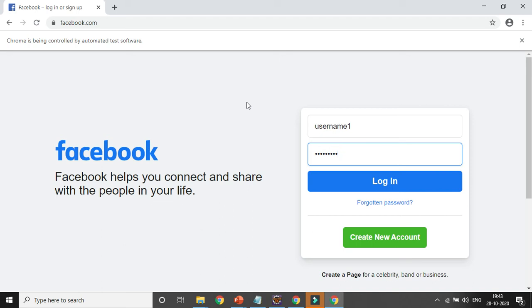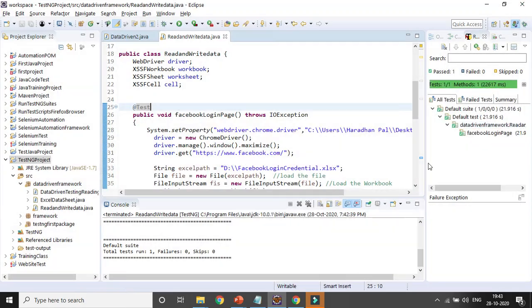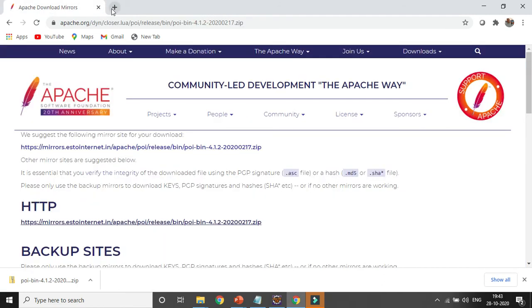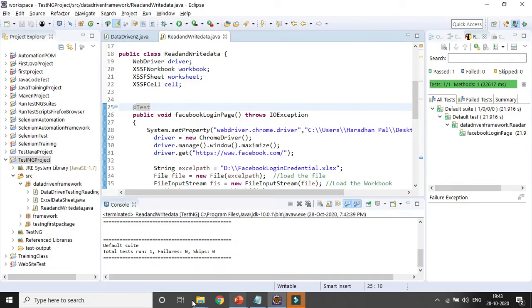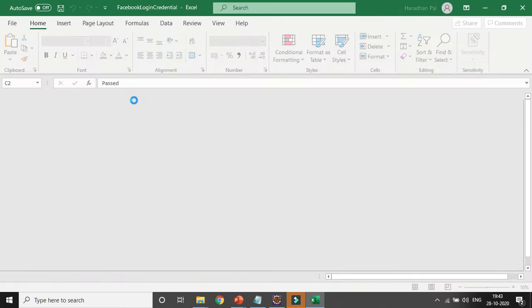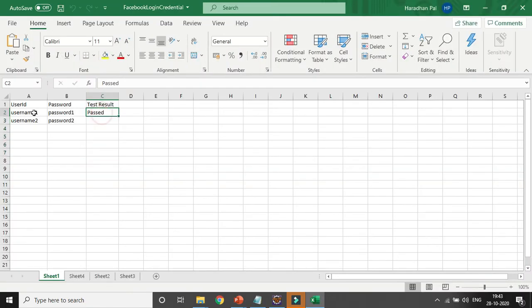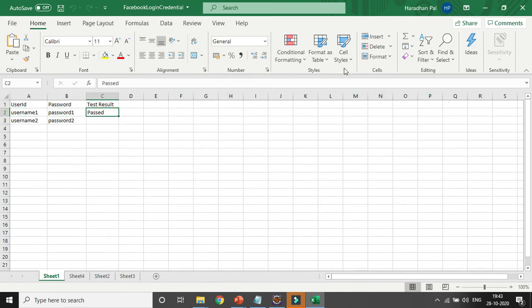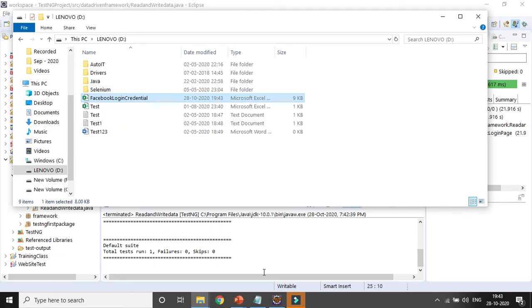But it is not taking the other value from the Excel sheet, right? So I need to identify the problem, the root cause. I am closing the Excel sheet and the other browsers. I need to see whether the value is updated for the first one or not. You can see the pass is getting updated. The first column value is getting entered, and obviously the test result is also updated as pass. But I need to inspect why the other column is not getting run here.